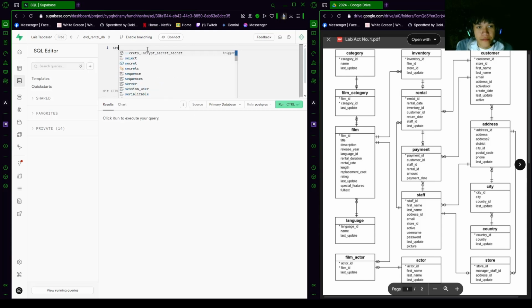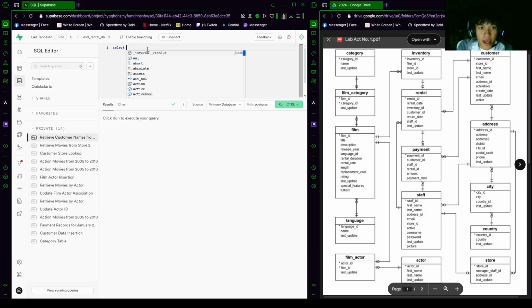So to start with, let's select L name. So that's how we're going to be locating the language name. And from language, so this is telling what table we are going to be using the name. And then after that,